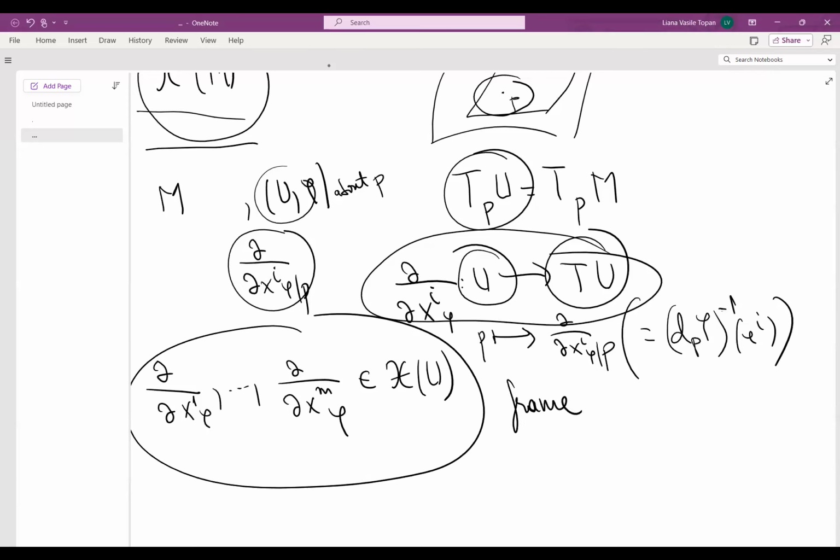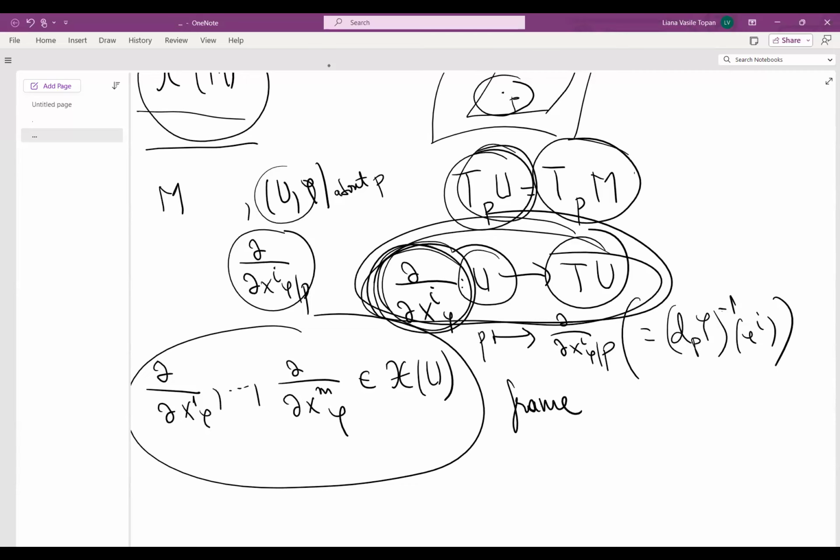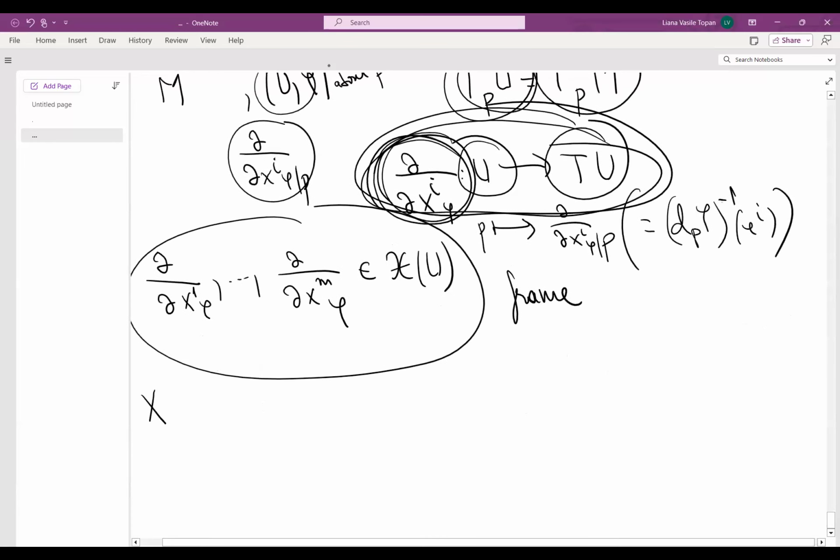Okay, so we are going to write every vector field as a linear combination of these vector fields, right? So they come as functions defined, something like this, where we use vectors that were bases for the tangent space at the point P to the manifold U, to the open set U. So this means that if X is a vector field on M, then we can write it as a linear combination of those vector fields. So it's something like that.